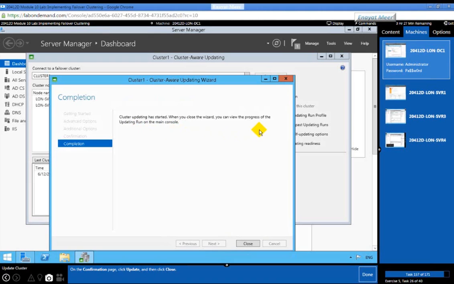So remember that one node of the cluster is in a waiting state and the other node is restarting after it is updated. So wait until the process is finished. This may require a restart of both nodes. The process is finished when both nodes show succeeded in the last run state column. So again, this is a little time taking. Once this is all done and updated, then we can move to